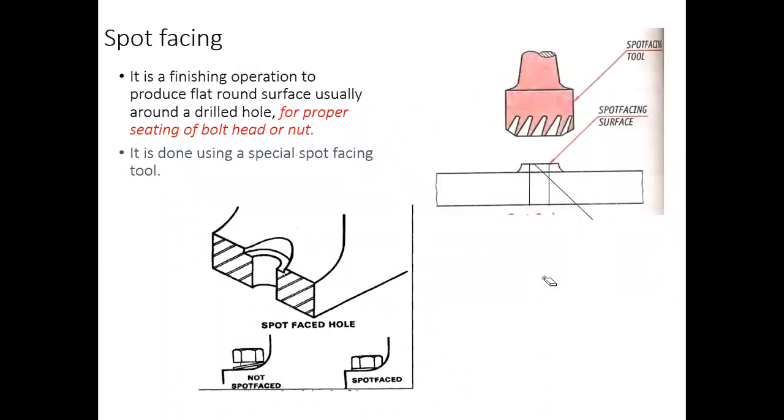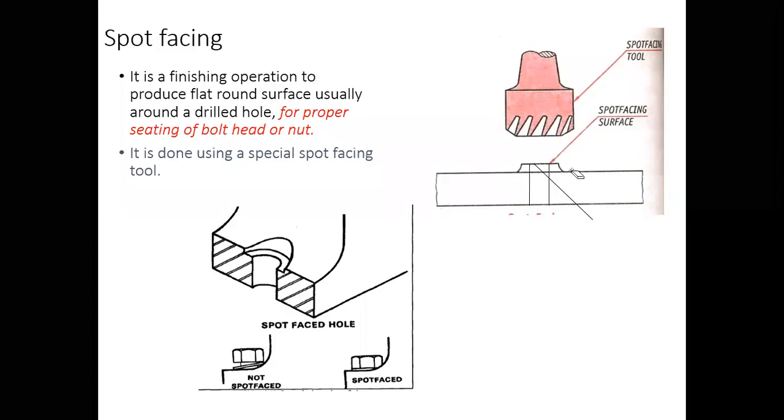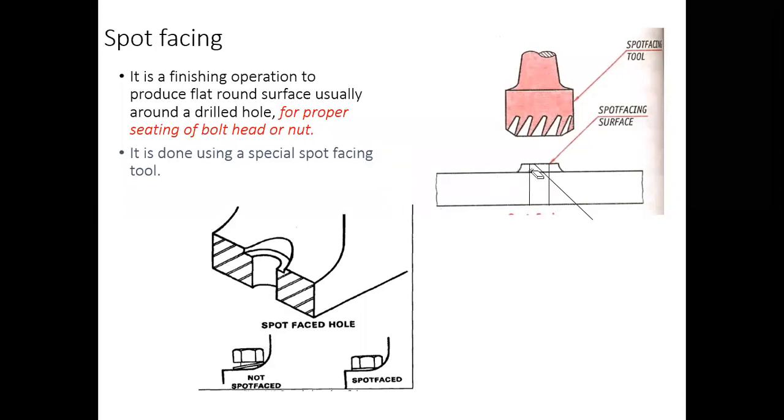Now going to one more process called spot facing. Spot facing, I told you, is similar to the reaming process. In reaming, we are finishing this portion. Here in spot facing, you finish the face of the hole, the surface on which you make the hole. Finishing of this surface is called spot facing. Spot means the location at which you made the hole, so finishing that location is called spot facing.